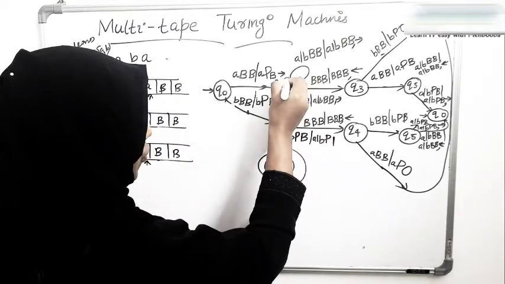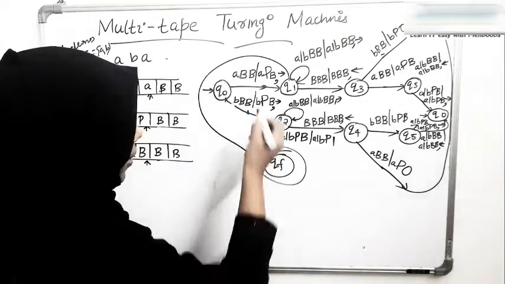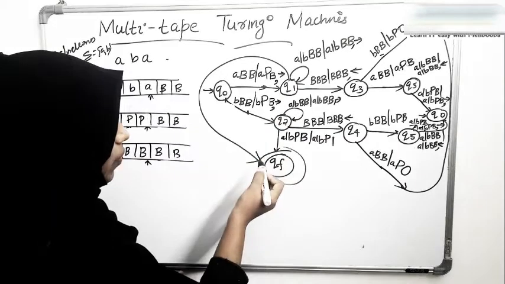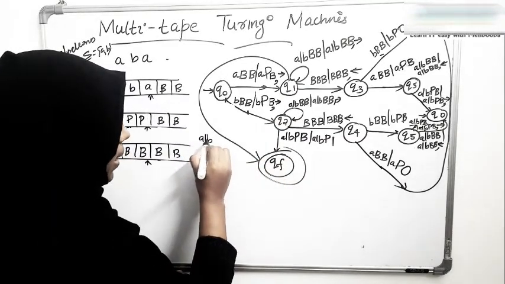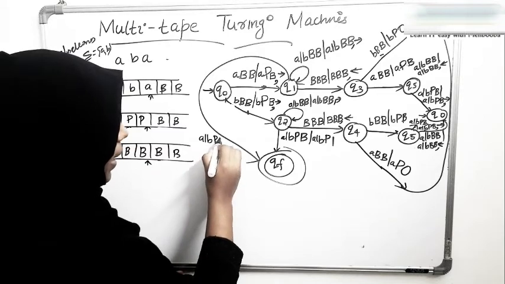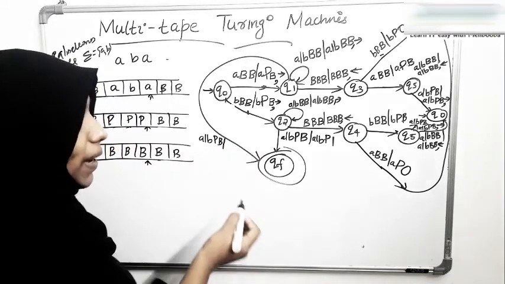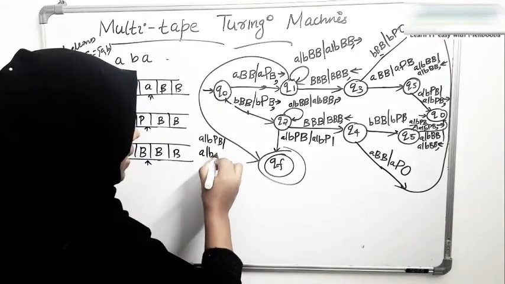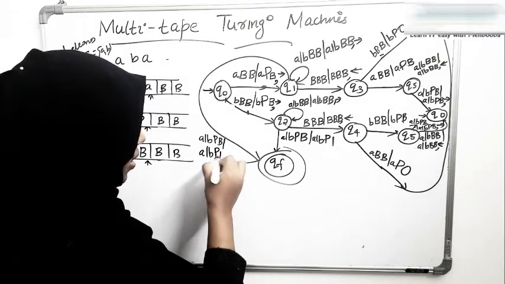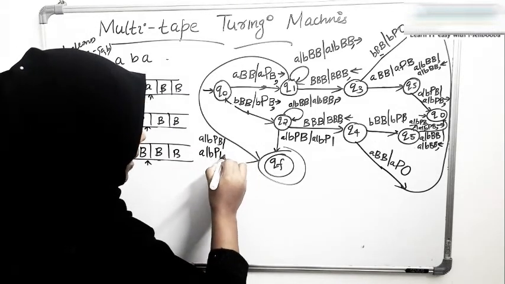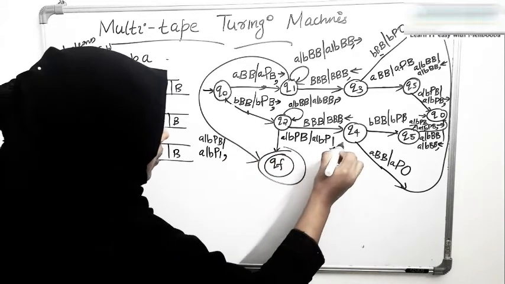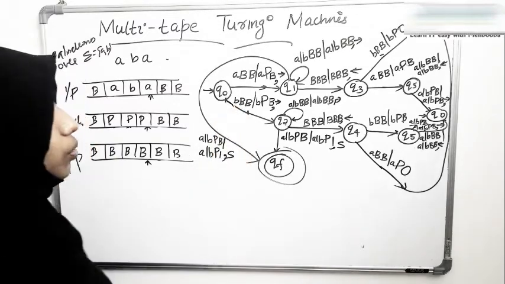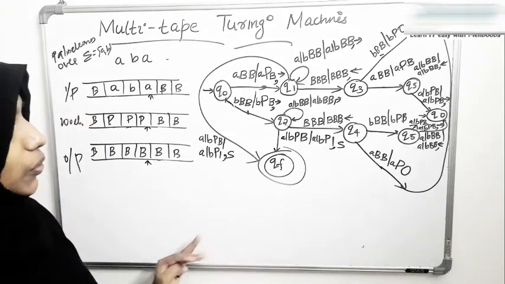Similarly, if you are reaching Q1 and at this state, if you don't have anything, just like this, Q1 and Q2 are equivalent states, isn't it? If you are seeing A or B and P in the second tape and blank in the third tape, that means you have reached the middle of the palindrome and there is nothing to compare it with. So in that case, you can leave the first tape symbol as it is, second tape symbol as it is, and write a 1 on the third tape and you can stop. Yeah, the direction is stop. So you will reach the final state. So this is how we do palindrome checking using a multi-tape Turing machine.